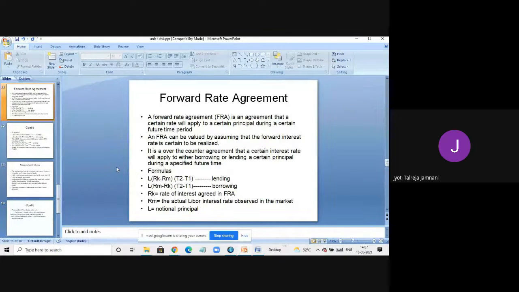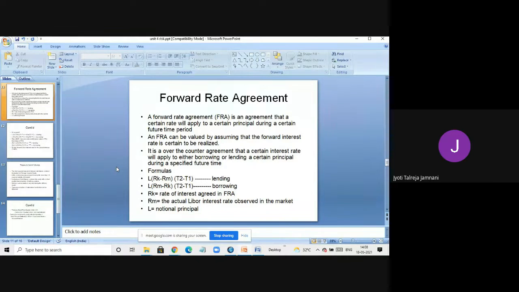The next is the forward rate agreement. A forward rate agreement is nothing but an agreement between two parties where one party has taken a loan principal amount and has agreed to pay later with interest. So every interest payment is treated as a forward rate agreement. So in a 2-year bond, if I'm paying interest every 6 months, that means 4 times I will pay interest. That means I have 4 forward rate agreements. So every time we transfer the interest to a party or pay the principal amount or repay the loan, we are entering into a forward rate agreement.